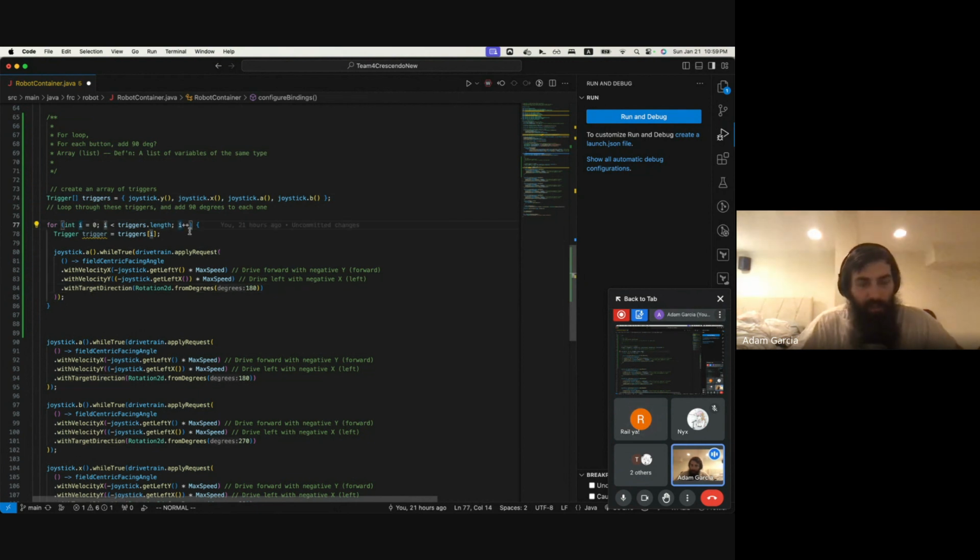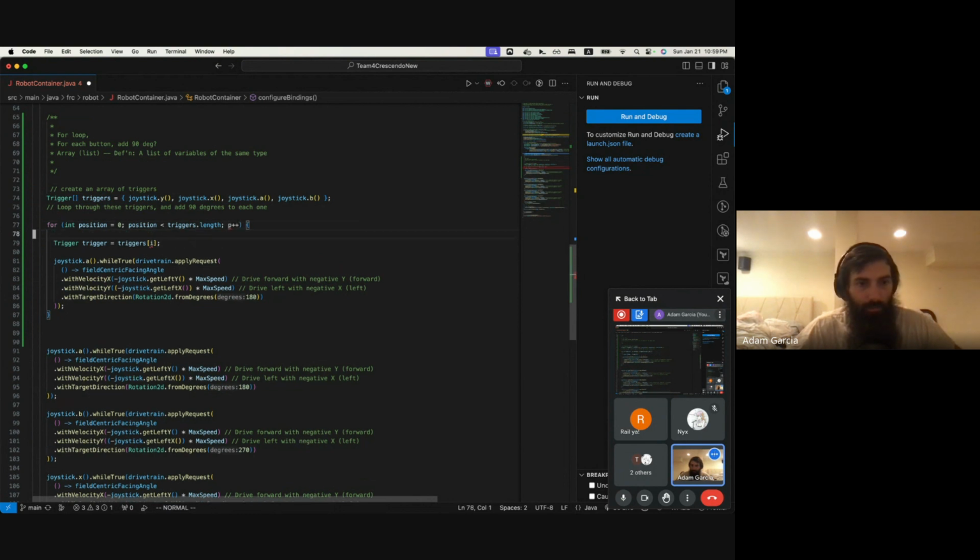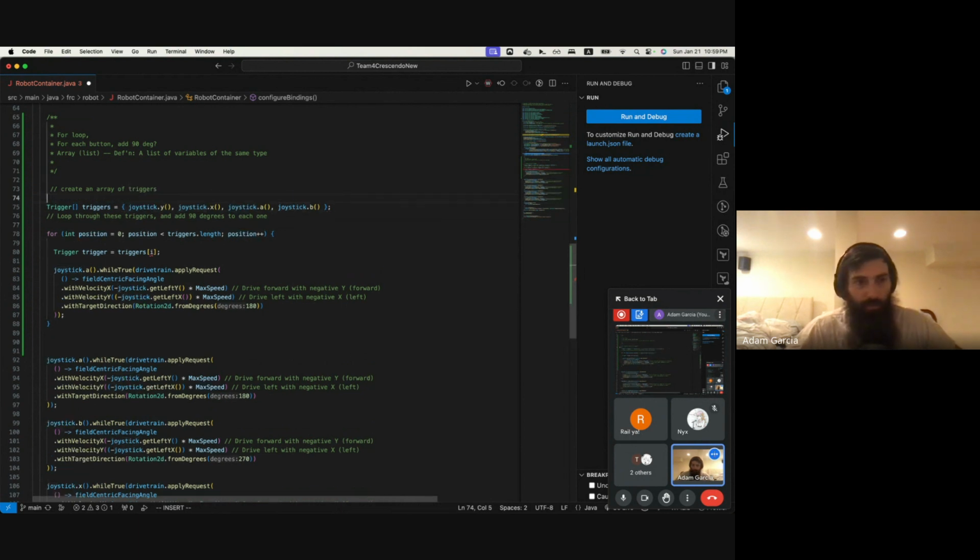Or maybe I'm going to name this position, and I'll show you why I'm naming it position. This position is going to represent the position in the array. So for example,